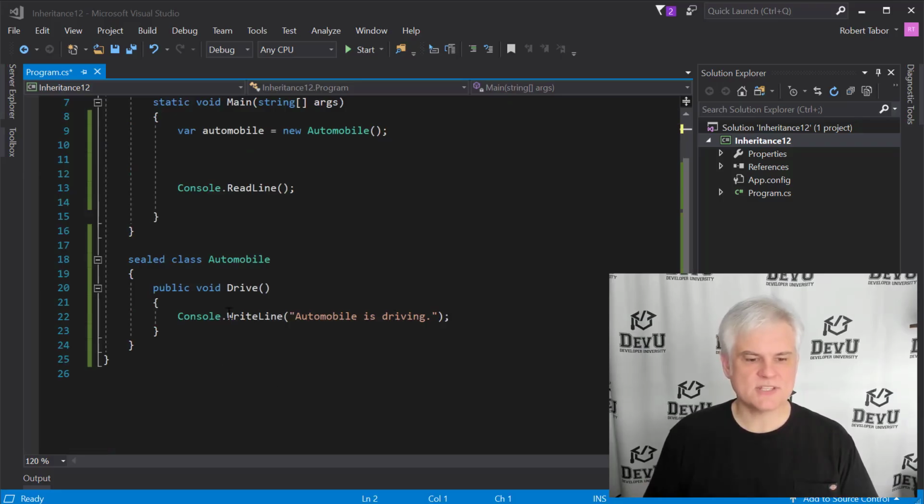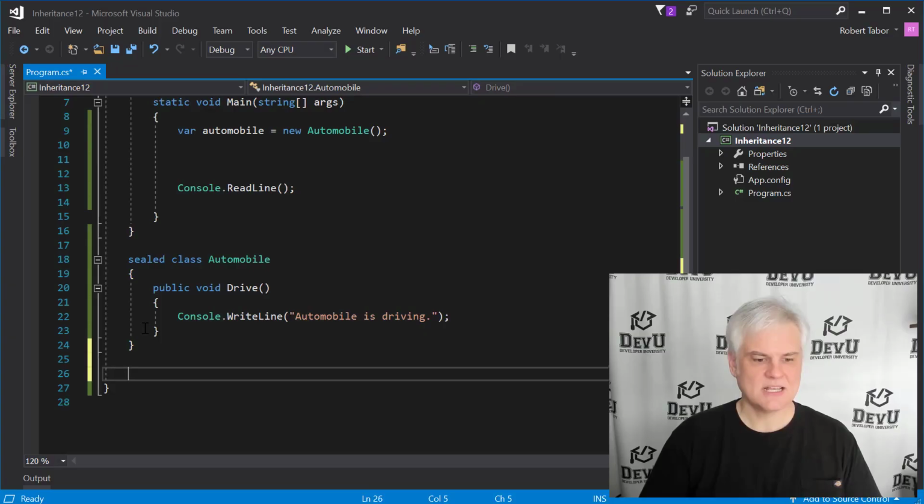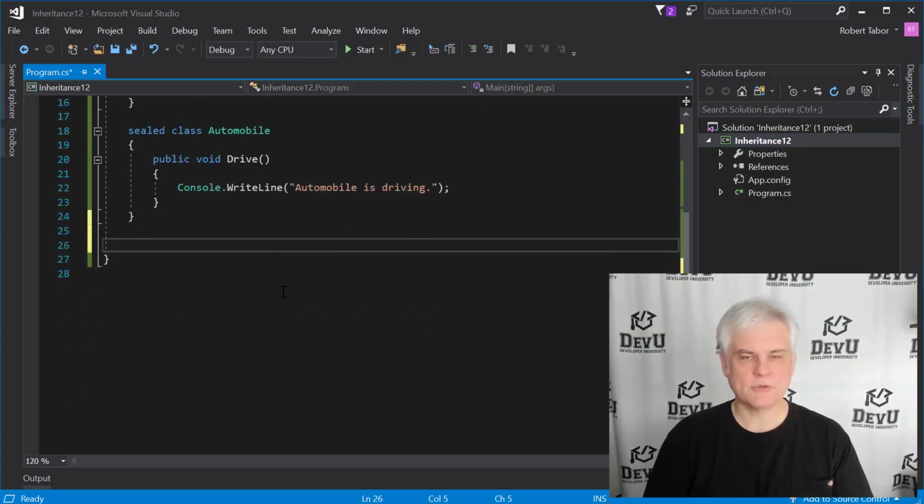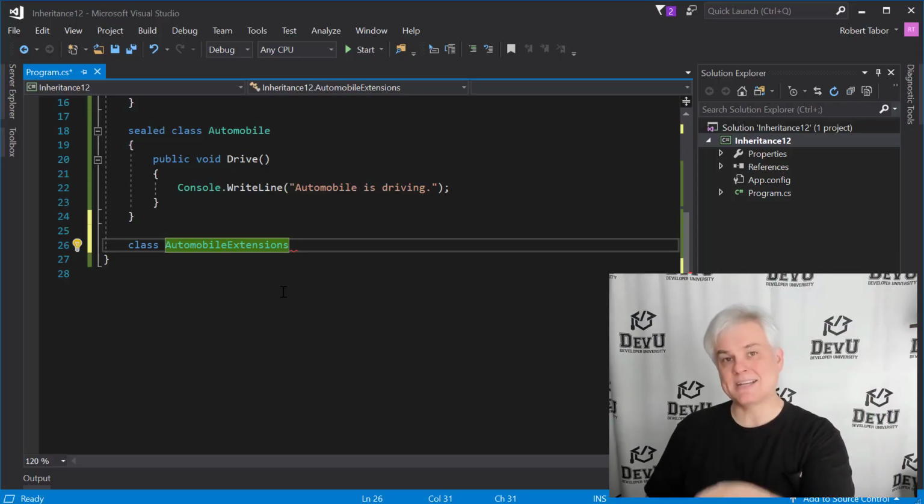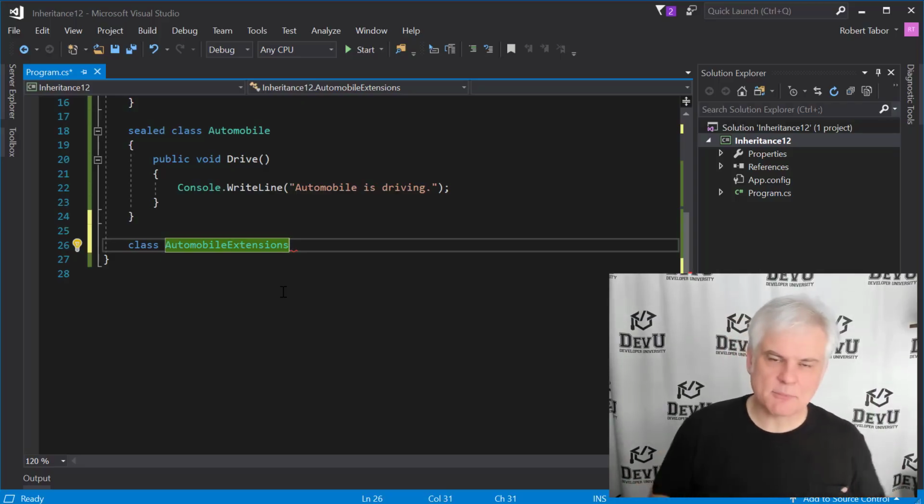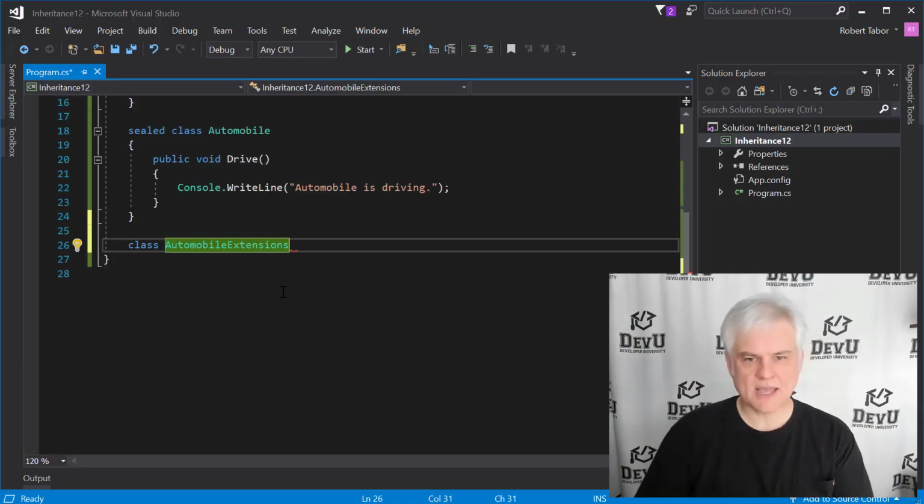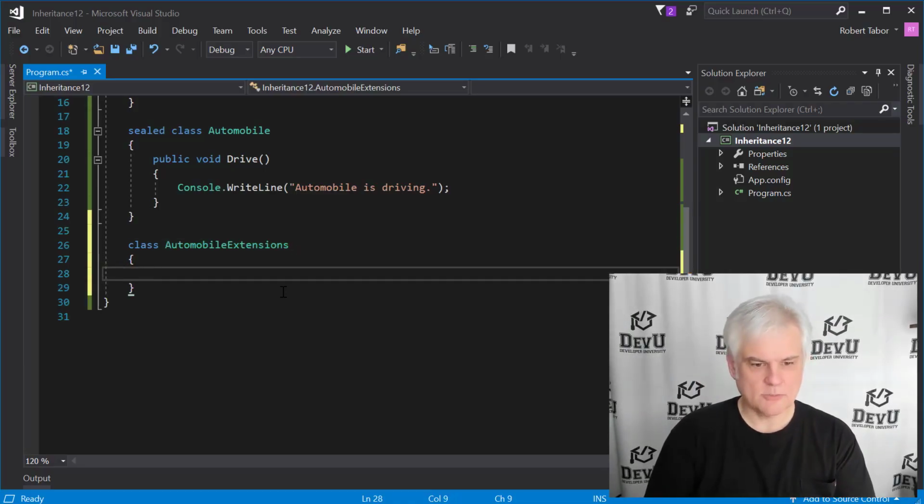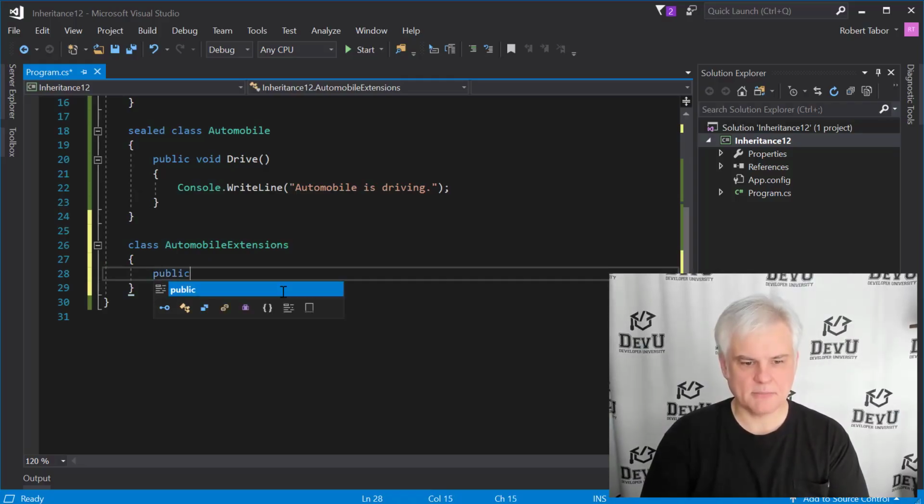So in this particular case, you can see that I have a sealed class automobile, and I want to extend this class. So what can I do? Well, I would create an extension method by starting out and creating a class. I can call it anything I want to. There's no naming convention or anything like that. I might call it AutomobileExtensions, and if this was a very large project, I might even add an extensions folder in my project and keep all my extensions in there just to keep them separated from everything else. And so here we've got a class called AutomobileExtensions, and I want to create a public void